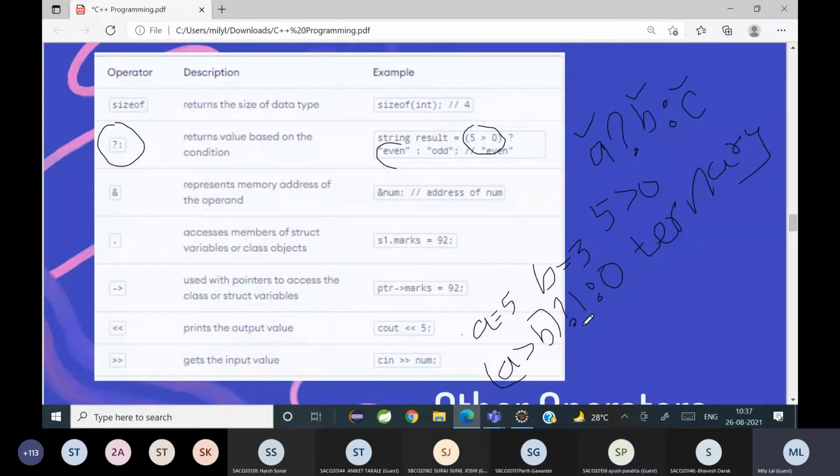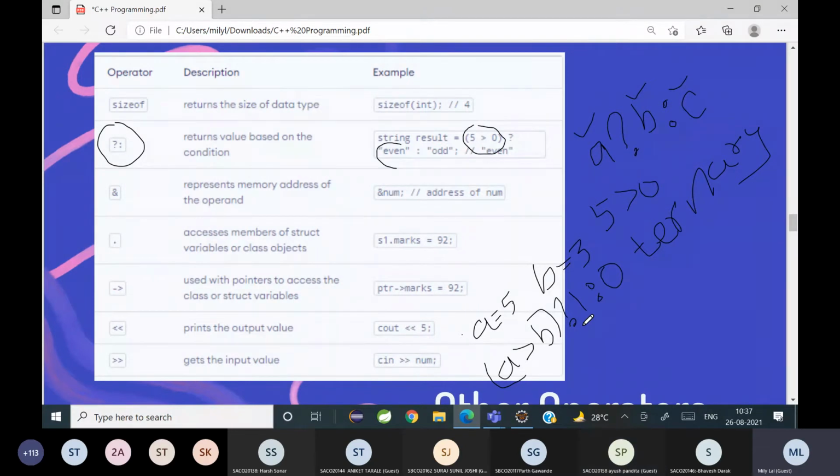Understood. So what was my problem statement? Find which number is greater given 2 numbers. You will write the code A greater than B question mark, the answer if it is true, else if it is false. समझ में आया? Yes, ma'am. Okay.